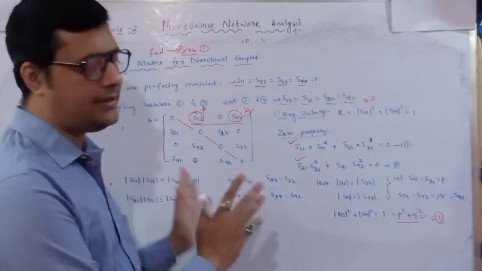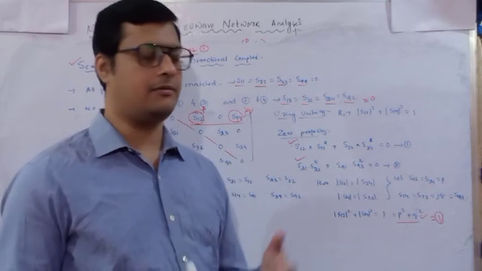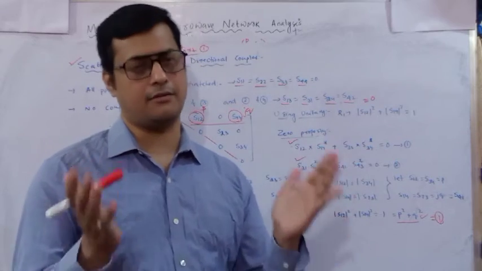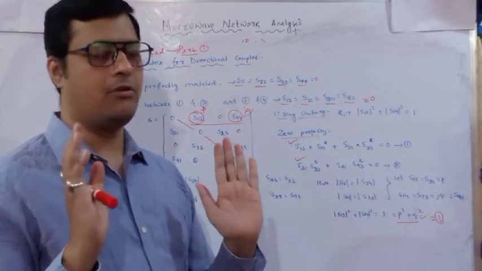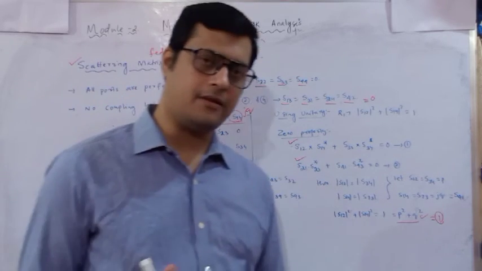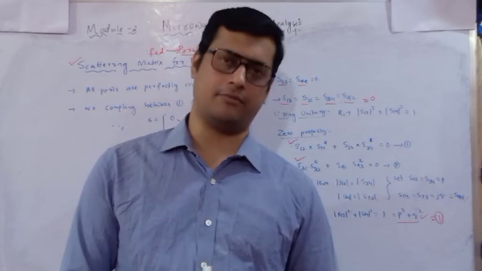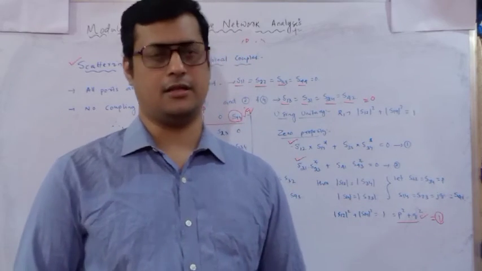So this is the basic analogy of how to identify the scattering parameters, because when we are dealing with devices, the scattering parameters will come into the picture. If it is a 2-port network, 4 scattering parameters will be there. If it is a 3-port network, 9 scattering parameters will be there. And if it is a 4-port network, 16 parameters will be there. According to that, we have to analyze our values.